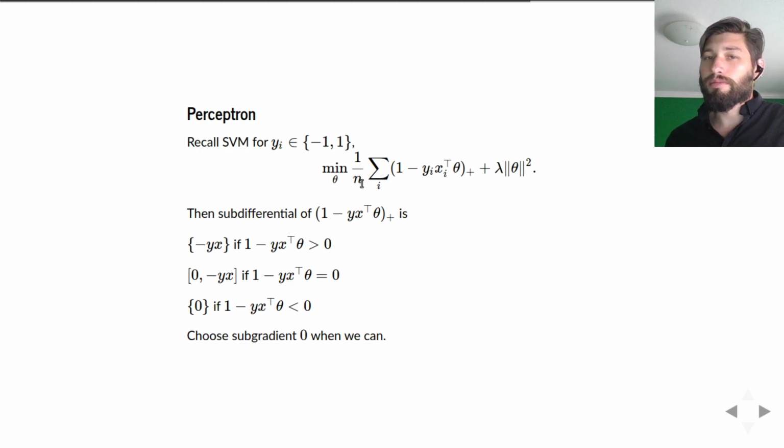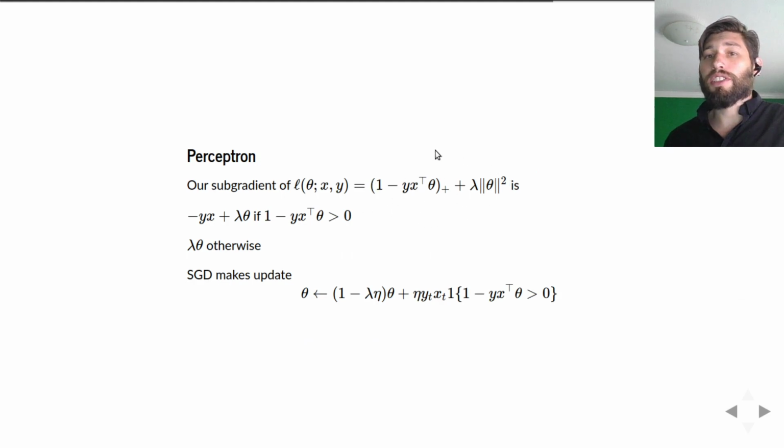I was a little coy with this on purpose. This could be written as the average of all of these components, or equivalently, just the average of this component plus this component. It's the same thing. So we're going to think of our loss as this entire thing. So let's think about it. This is our subgradient. If we use that subgradient that I mentioned before, where we select 0 whenever we can, this is minus y times x plus lambda times theta. And this happens if you're on the correct side of the margin. Otherwise, it's 0 whenever it can be for the